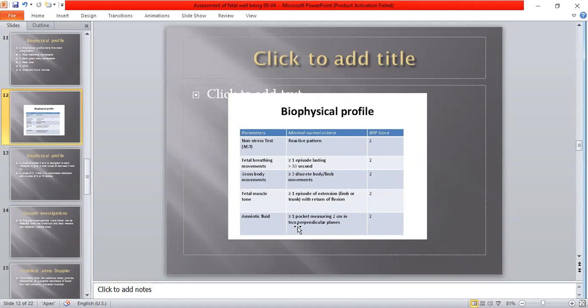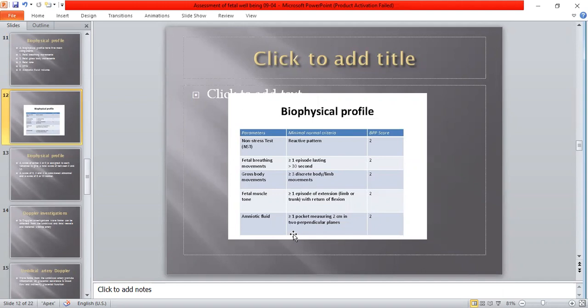Amniotic fluid volume is measured by two methods. One is the deepest vertical pocket, meaning a single pocket is measured, and the other is the amniotic fluid index. For the AFI, amniotic fluid is measured in the four quadrants, and all four are then added, and the AFI is calculated. If during ultrasound more than one pocket is seen, measuring 2 centimeters in two perpendicular planes,